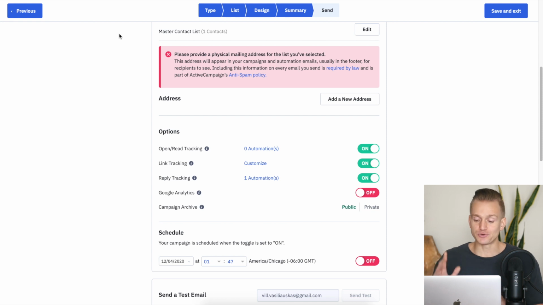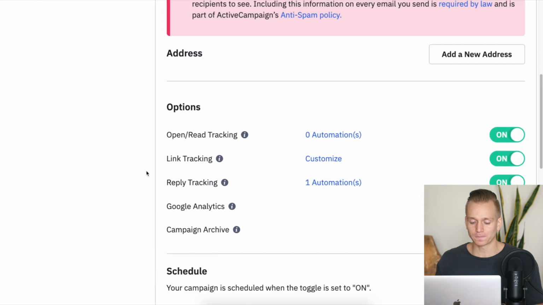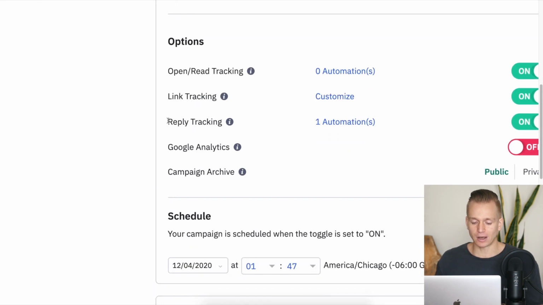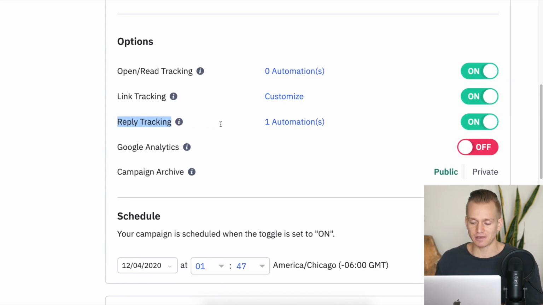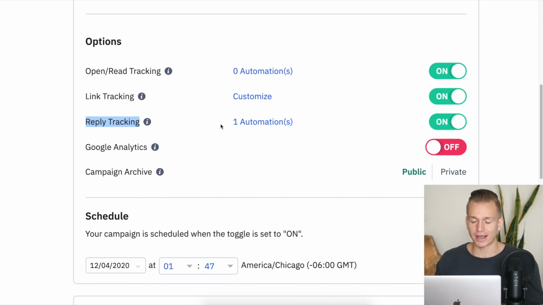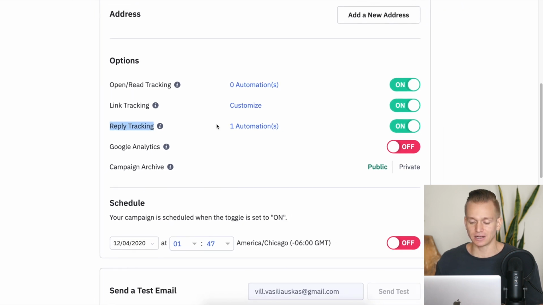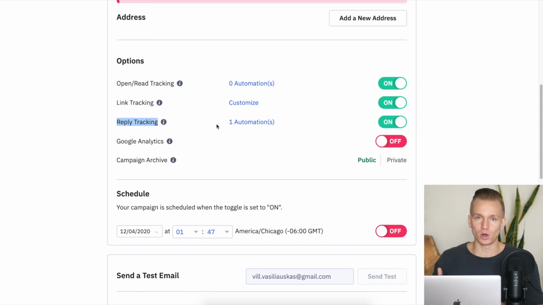All right, now when it comes to ActiveCampaign, they have some really amazing things. First of all, they have this feature here. When you're sending out an email, you can check if you want reply tracking. What that means is, let's say you set up a campaign. This can work really well if, let's say, you're doing cold email outreach. Let's say you have an automation where you're sending out 8 different emails to a person. But if they reply to you after, let's say, the first or second email, maybe you don't want to be sending that automation to them anymore.